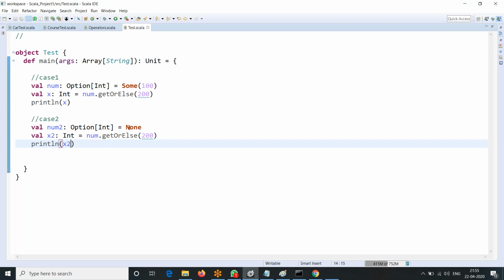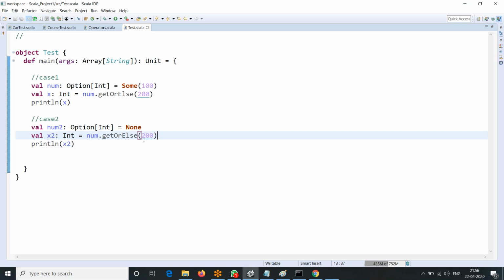Then when you print x, we get 100. In second case, I am initializing none. But in the method get or else, I am passing 200. When there is no value present, this method returns the default value. 200 is stated as a default value. Now what happens in this case? This 200 is returned as a value this time instead of none, because or else is used to set a default value to this reference, this variable.